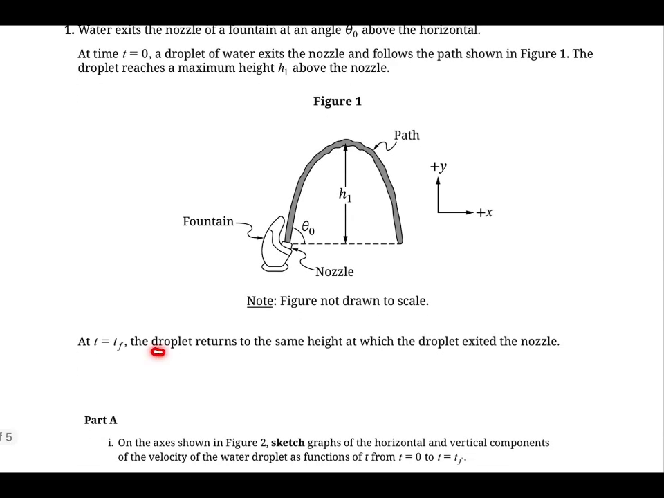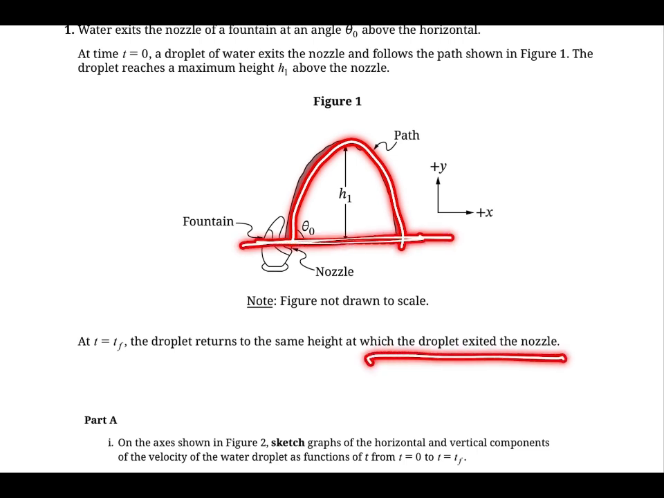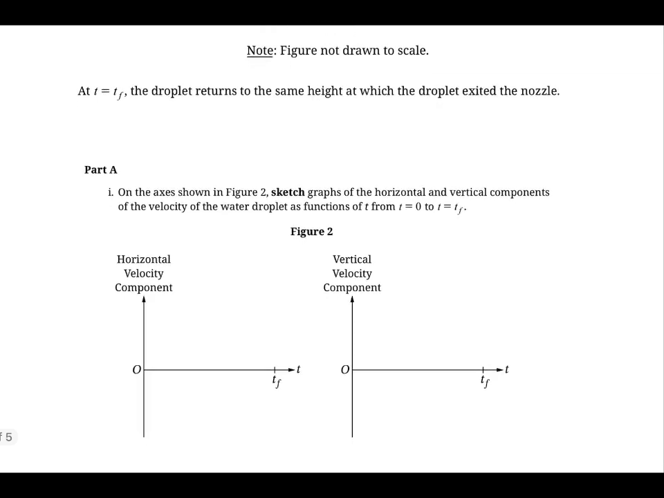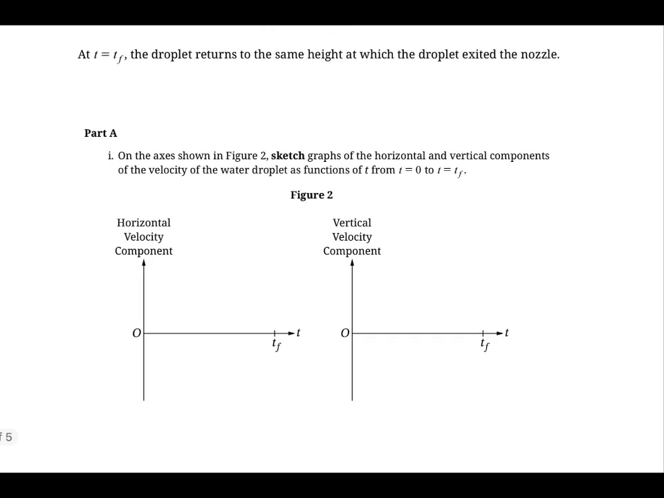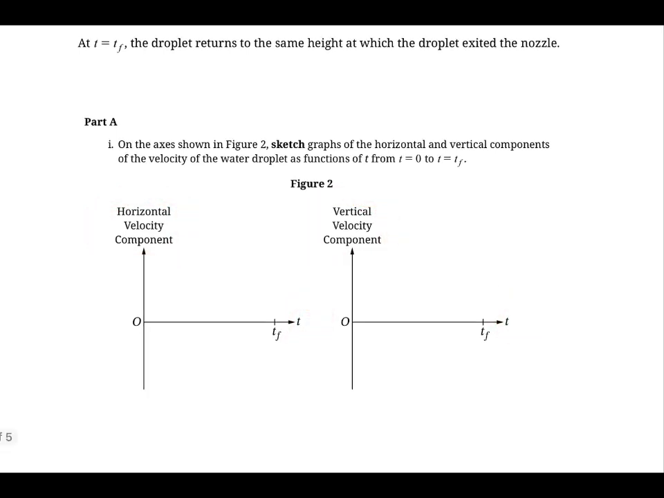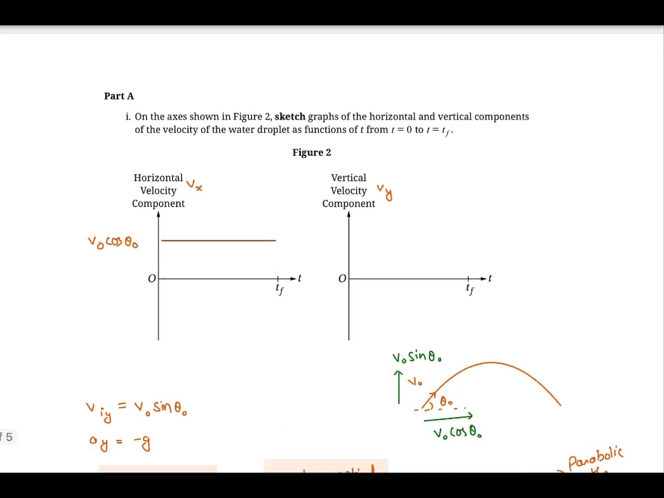At t equals tf, the droplet returns to the same horizontal level at which it exited the nozzle. So these two levels are the same. And then we have to draw the horizontal component of velocity and the vertical component of velocity with time. Okay, so first see here,